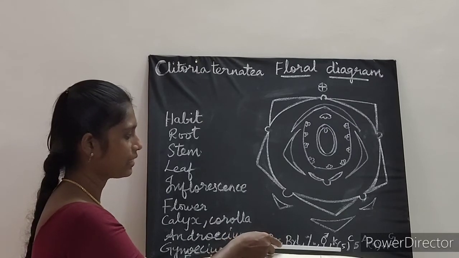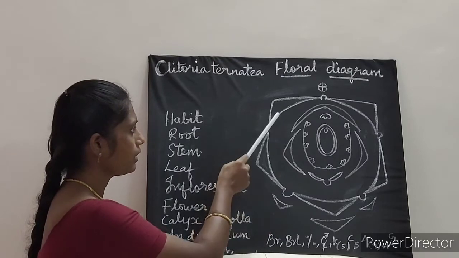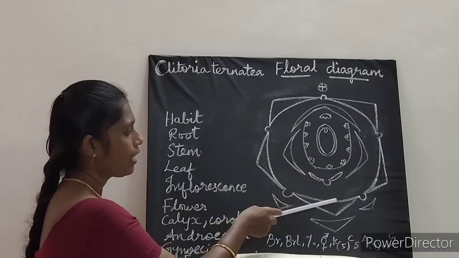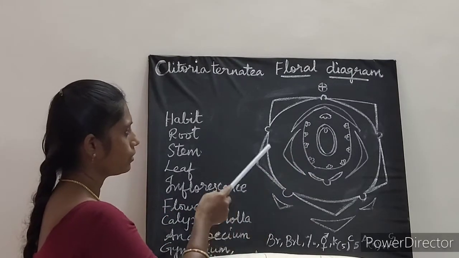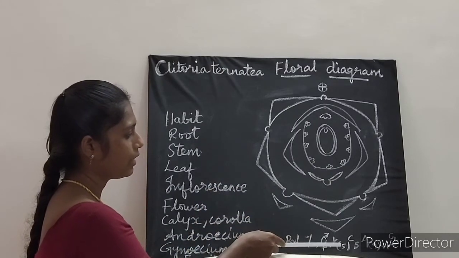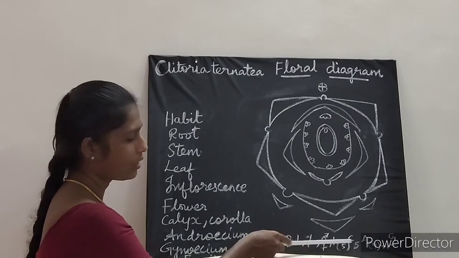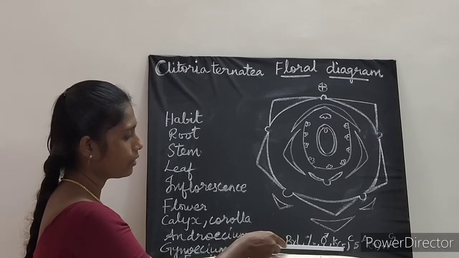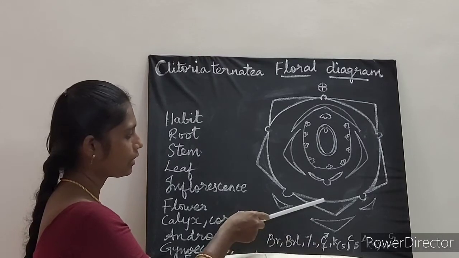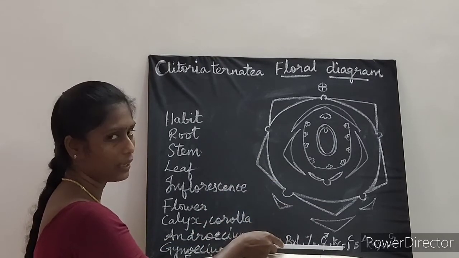And then calyx. So here, this one is called calyx. There are 5 calyx here, and they are all joined, since it is gamosepalous, is it not? So it is represented by K. In order to avoid confusion, K for calyx, C for corolla. So here K5, it is inside the bracket. There are 5 calyx and they are all joined, so it is written inside the bracket.